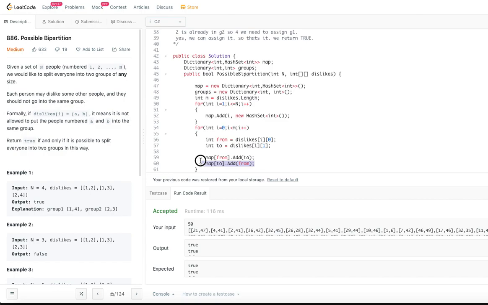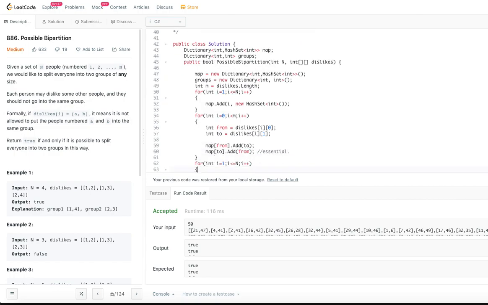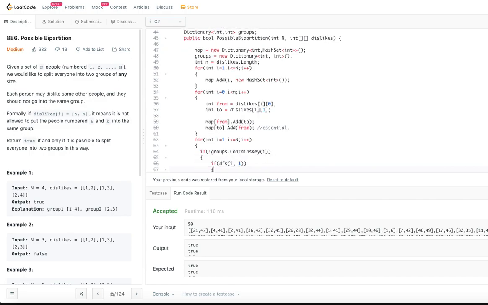So this is an essential step. From the input it looks like we have to only take this one, but even the reverse we need to put. This is essential, important, okay? And then now that we have formed this map, we will go and assign a group to each of these persons. Now